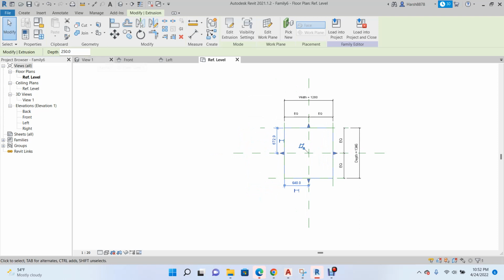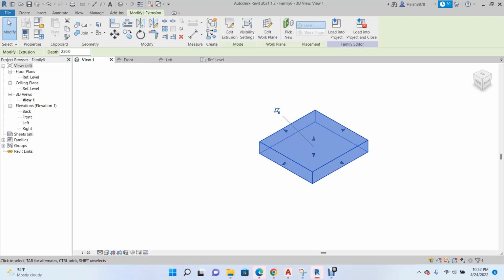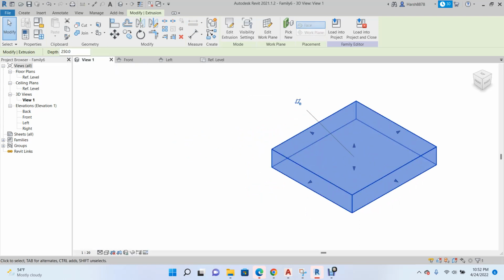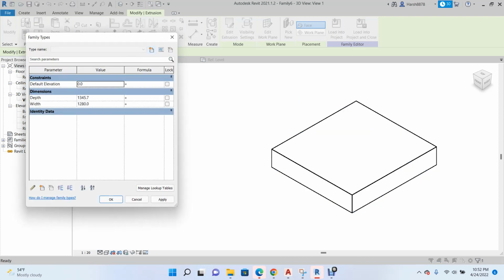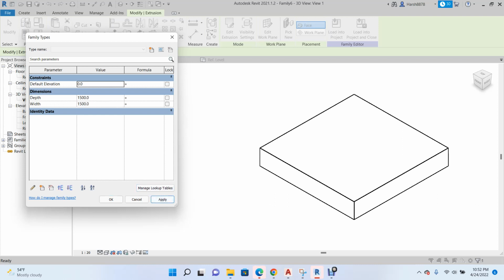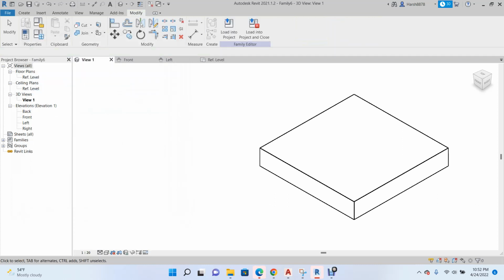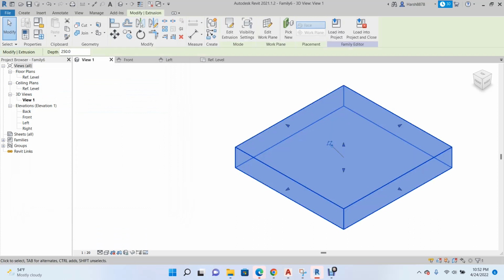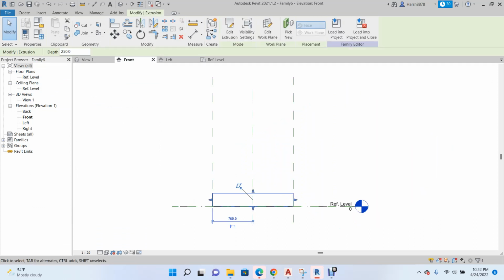And to see what's the outcome, we go to 3D view and then we select family types from properties. Here you can see the parameters we created for our cabinet. If we change the numbers here, our cabinet shape will also follow the number we put due to parameter, and as we fixed the extrusion,